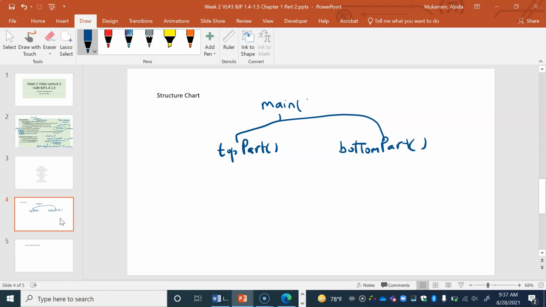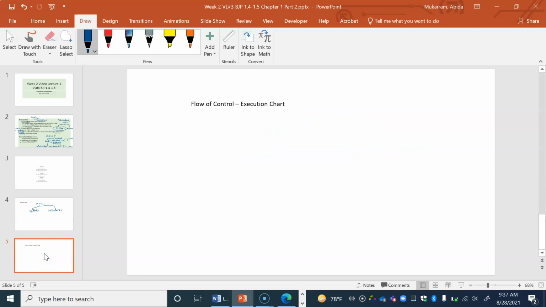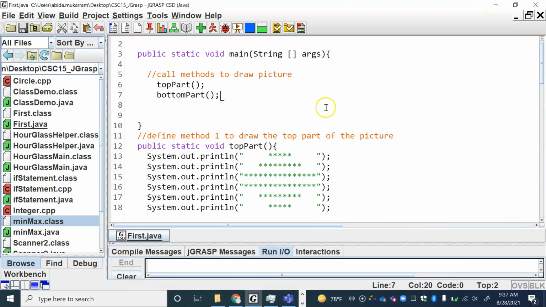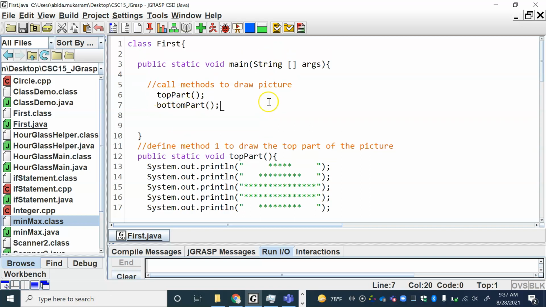So here's my structure. And with regard to my execution chart, what I have now here is my main program, main method, which calls top part, and I'm going to leave some space and say, and then it calls bottom part. So this is my execution chart. And now I'm going to go back into my JGrasp and see that the flow of execution is that main program gets called first, which calls top part, and top part jumps into this